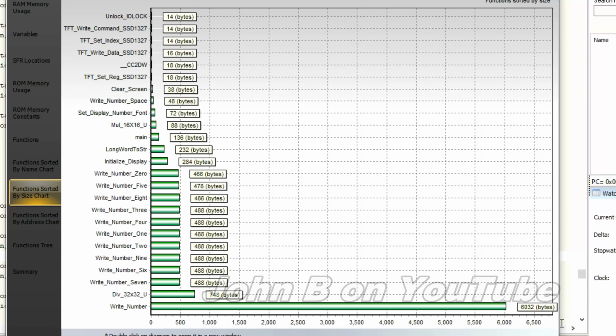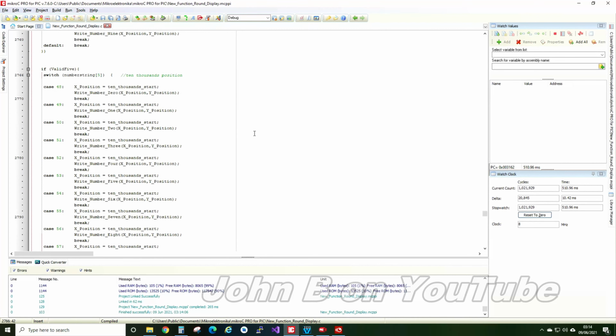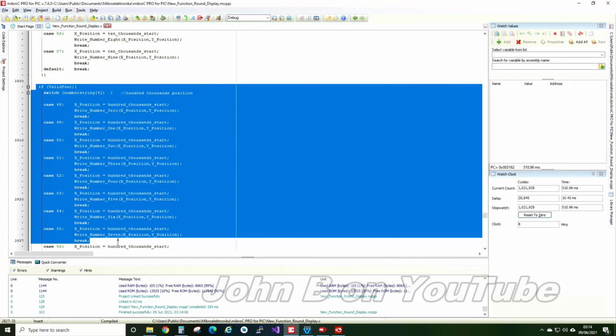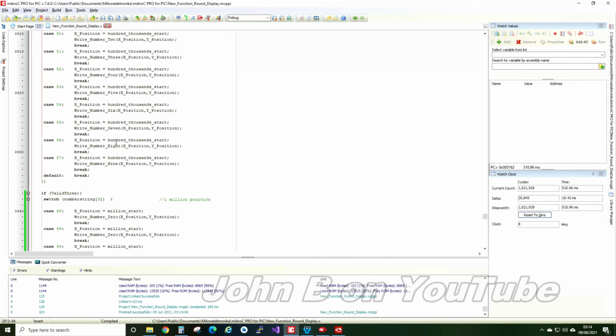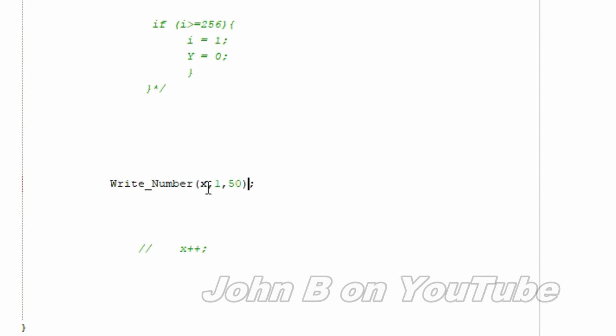Build, that's how big we are, 6,032 bytes. But let's say, for example, you only want numbers up to 10,000. You could effectively comment these out and save a couple of thousand bytes. But I am not going to comment anything out. There's no cheating. This is capable of writing anything up to, currently, because I'm missing one set,